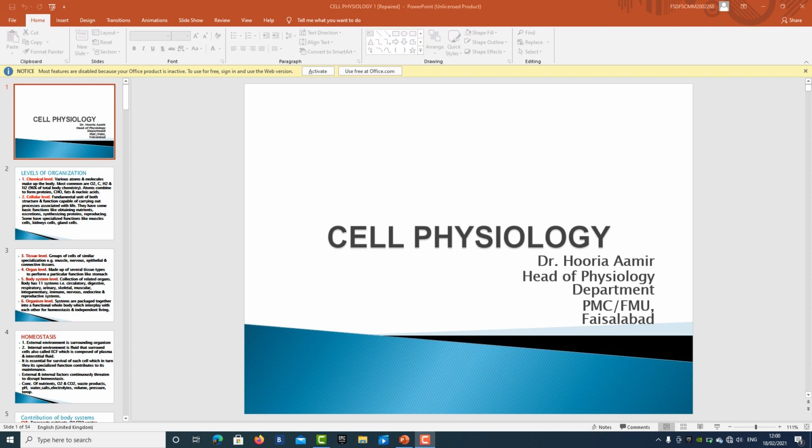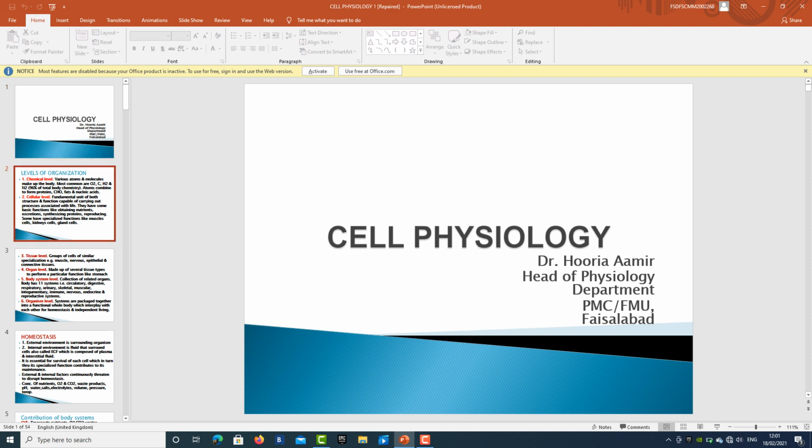And what is that? That is the foundation module in which we are going to learn about the basic stuff which you all need to know about the subject of physiology right from day one. This is the lecture for both the BDS class as well as the MBBS class, and bit by bit we are going to learn about what are the cells, how the tissues are working together, how the organs are working together, how the different systems are working to make a normal healthy human being. So let's start from one after the other.